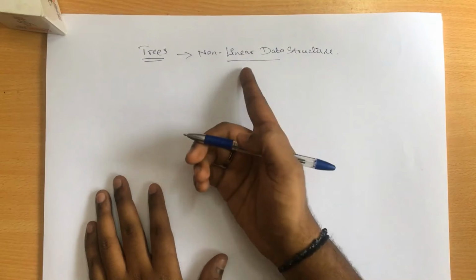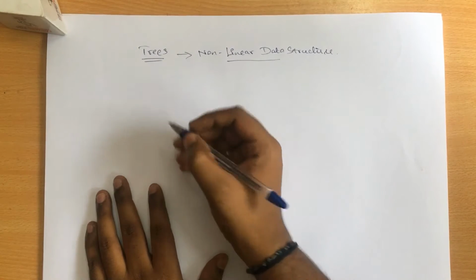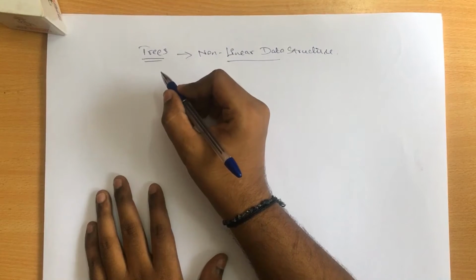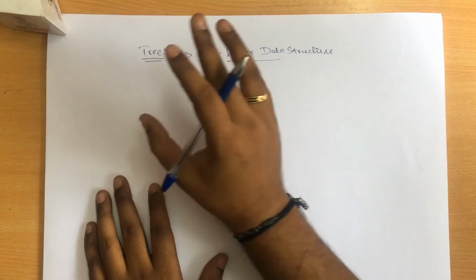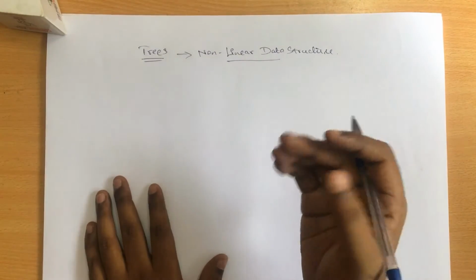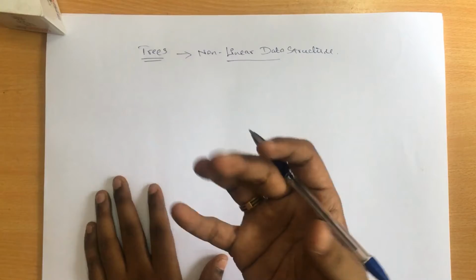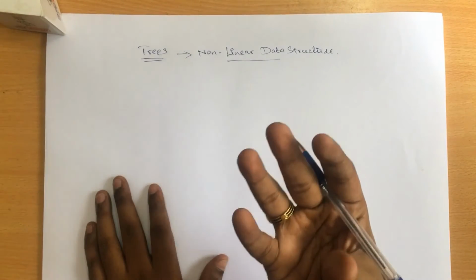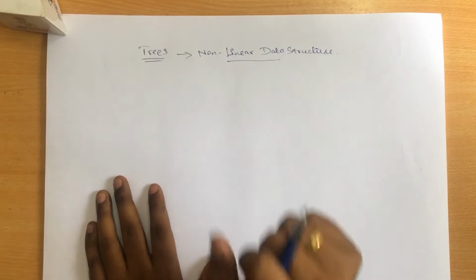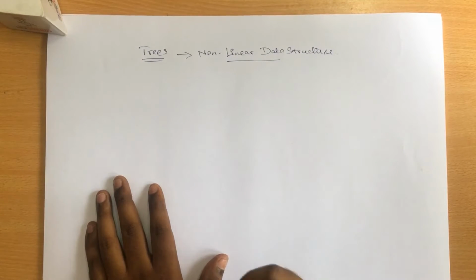And when it comes to non-linear data structures, the best examples are trees as well as graphs, because here there is no fixed arrangement possible for any tree or graph. Based on the requirements or the input we feed, it is going to take any shape, where the user cannot predict it before getting the input. So this is what is considered a non-linear data structure.